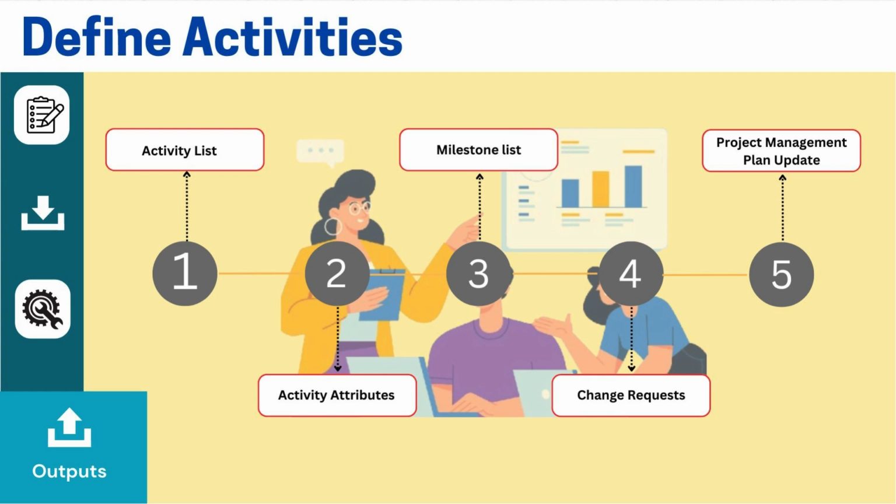Since I am referring to the scope, I am decomposing the scope. I am getting into the scope in a very detailed manner. That means, while interacting with the stakeholders and the customers, I would also be able to sometimes get the change requests, whatever is missing to be added. So that might come as a change request, which we need to deal with. The project management plan will also get updated with respect to anything that needs to be changed. If there is any specific learning, we just go back and update the plan as well. So that's the defining activity.